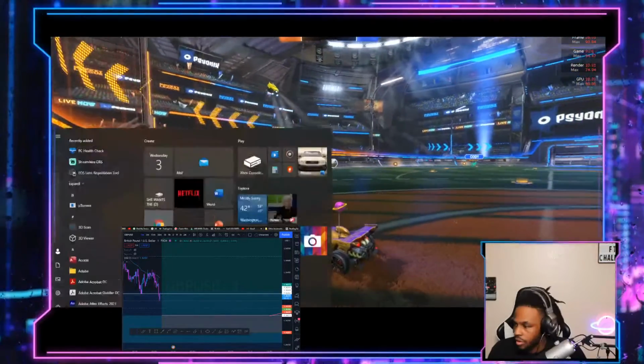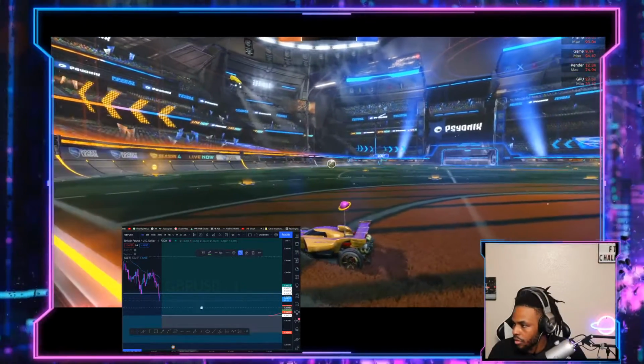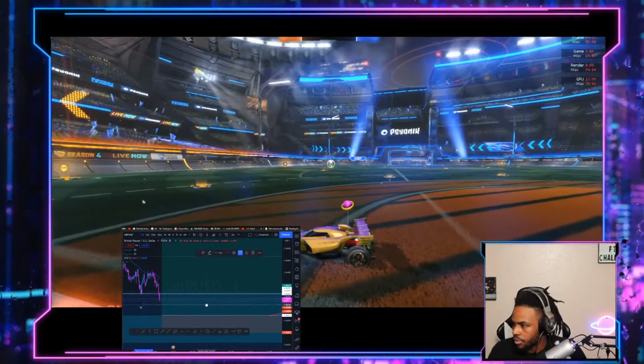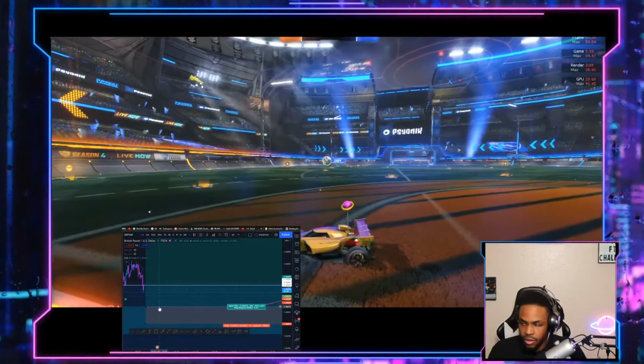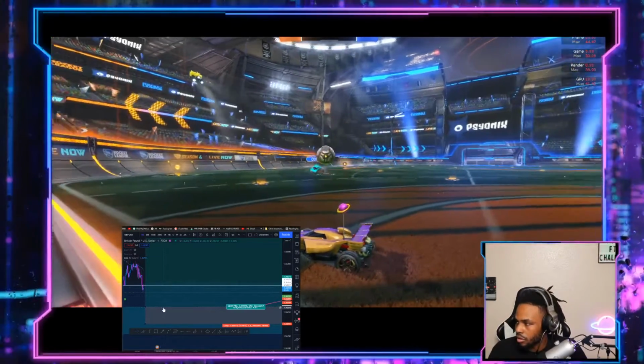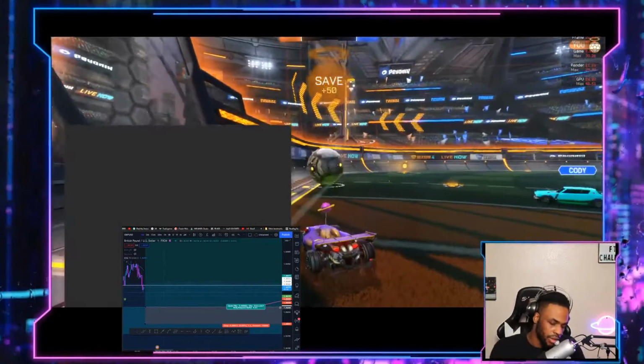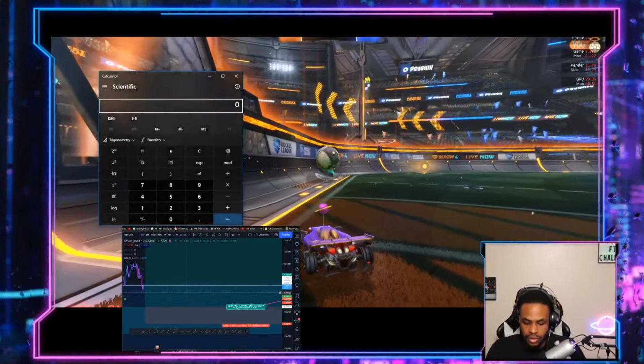I'll make sure this other alert is active. Yeah, we're cool. Let me get a ballpark lot size in mind. So we're gonna do about 7 pips. Gonna risk 250 again. So 250